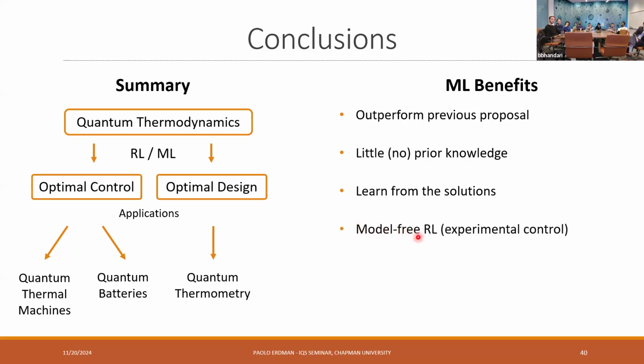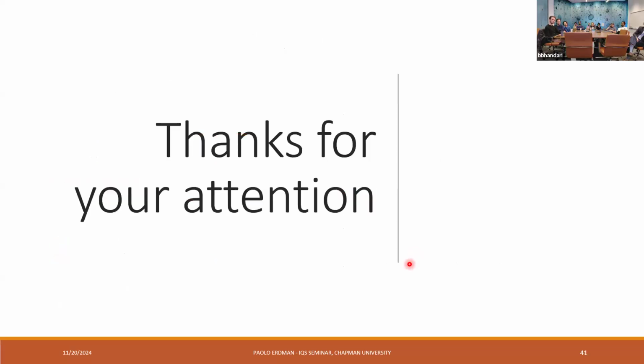And these model-free extensions of reinforcement learning, you can in principle imagine to directly learn how to control an experimental device just by interacting with it, without even knowing the exact model of these systems. And it gives you also a robust framework to account for noise and uncertainties, which we haven't explored much. And that's it.